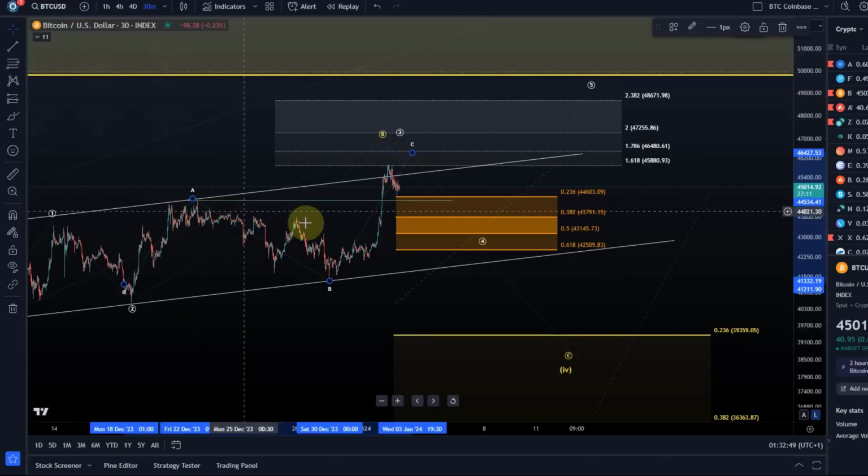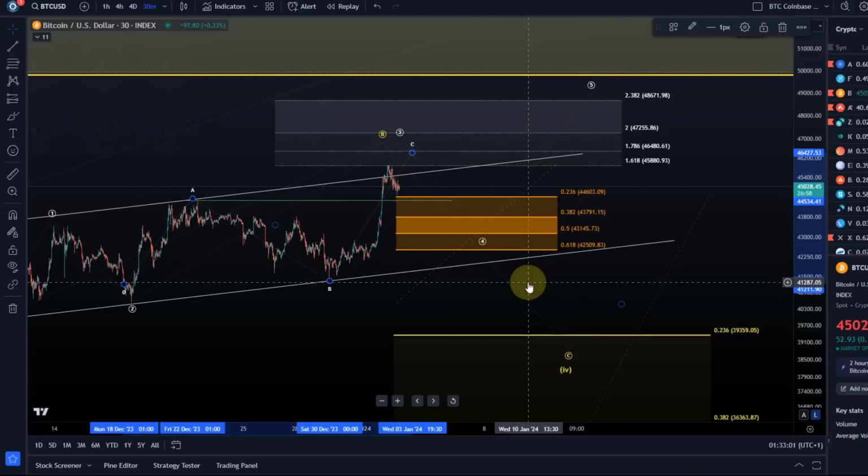the A wave top. If we break back below that green line, that previous breakout point, then I would argue we are in the wave 4, which wouldn't be a problem. This is then where we get the decision if we get a fifth wave to the upside or not, which will be very relevant for the next few days.